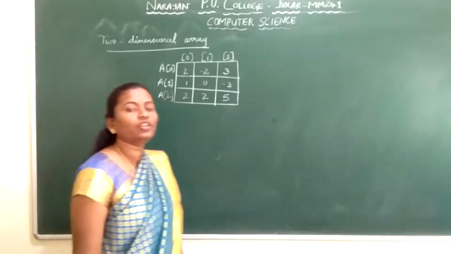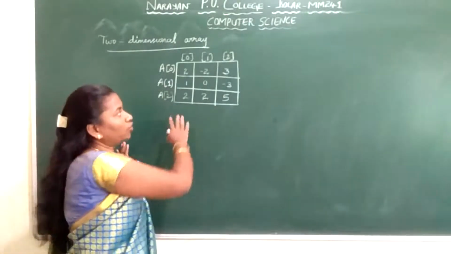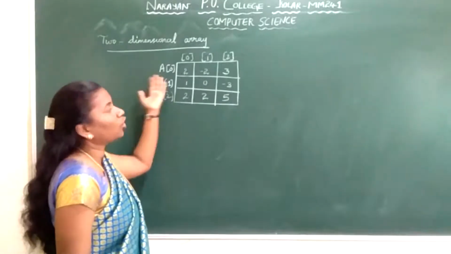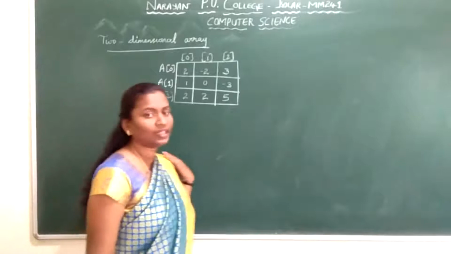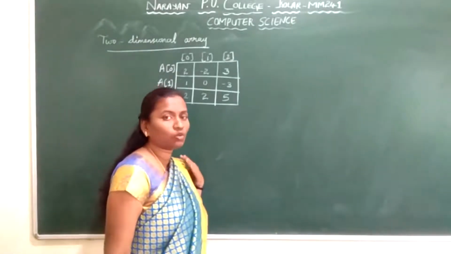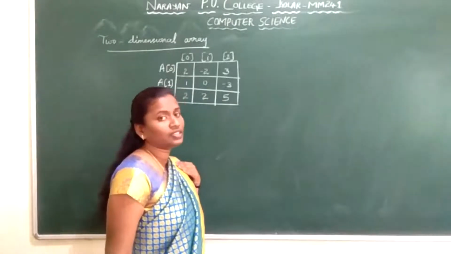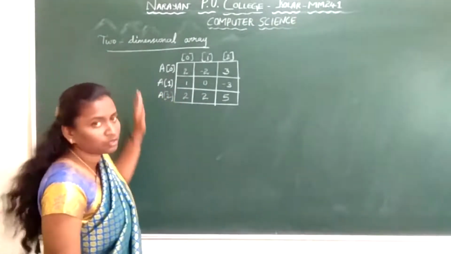When we want to maintain the array elements in matrix form, we have rows and columns. In a matrix, obviously, we have rows and columns. When we want to maintain array elements which have rows and columns, we need two subscripts, that is, a pair of indices. So we use a two-dimensional array.